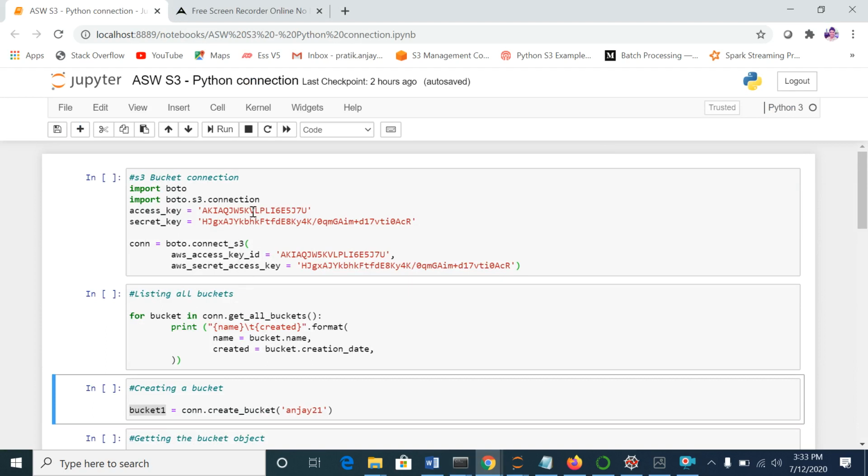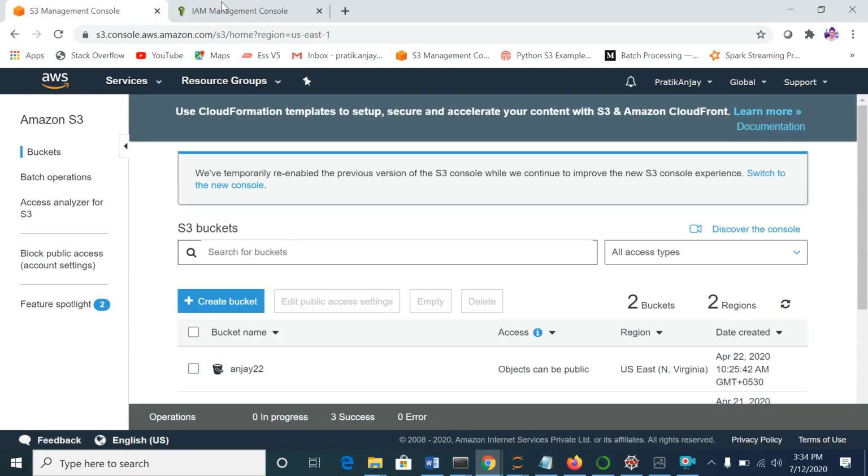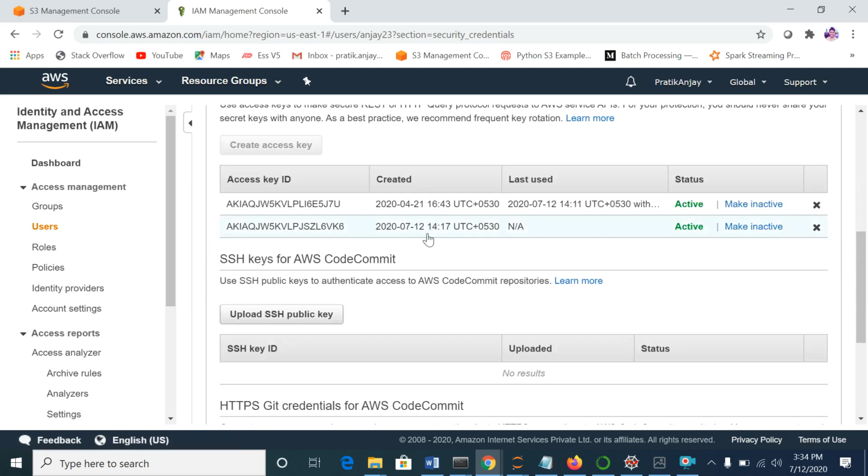This is the first command, to create a connection to my S3 bucket with Python or Jupyter. For that, we also need an access key and secret key. So again, I have to go back to my Amazon page to show you. If you go into the IAM management console, you have to create a user, and for your user you will get an access key and secret key. So that key you have to use.